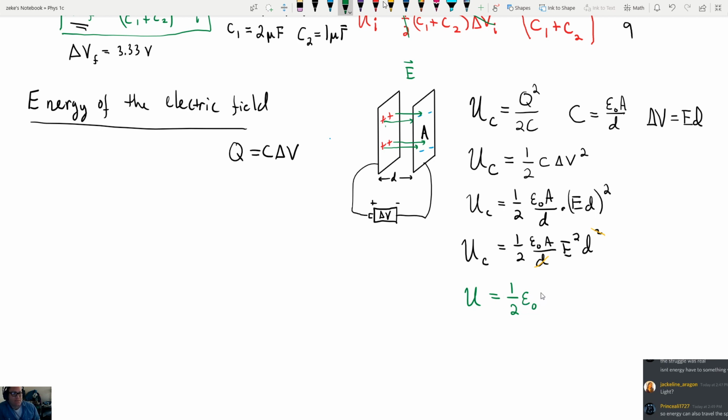So epsilon naught multiplied by the electric field squared, and then what's left over is A times D. Now, A is the area of the plates, and D is the distance between the plates. So what does A times D represent? Volume. That gap between them, right? Yeah, so AD is basically equal to